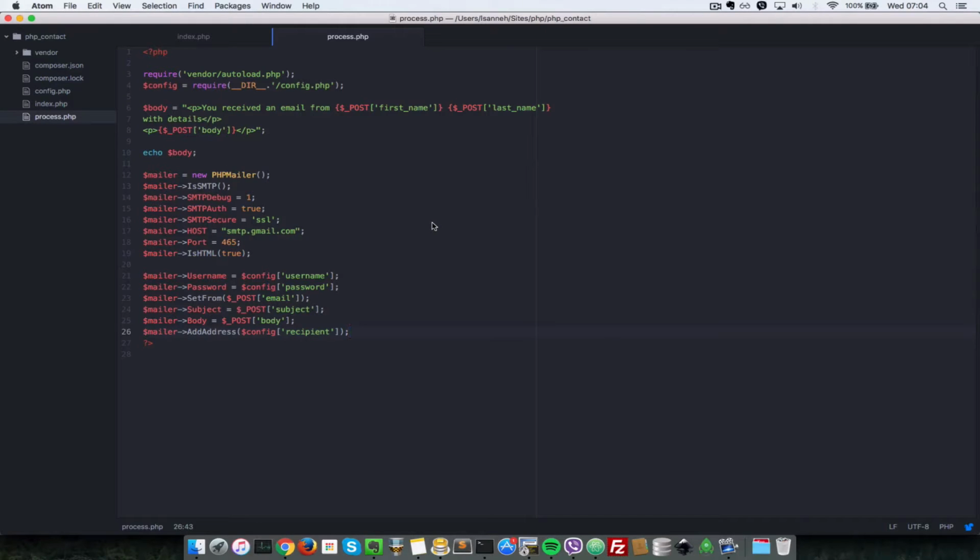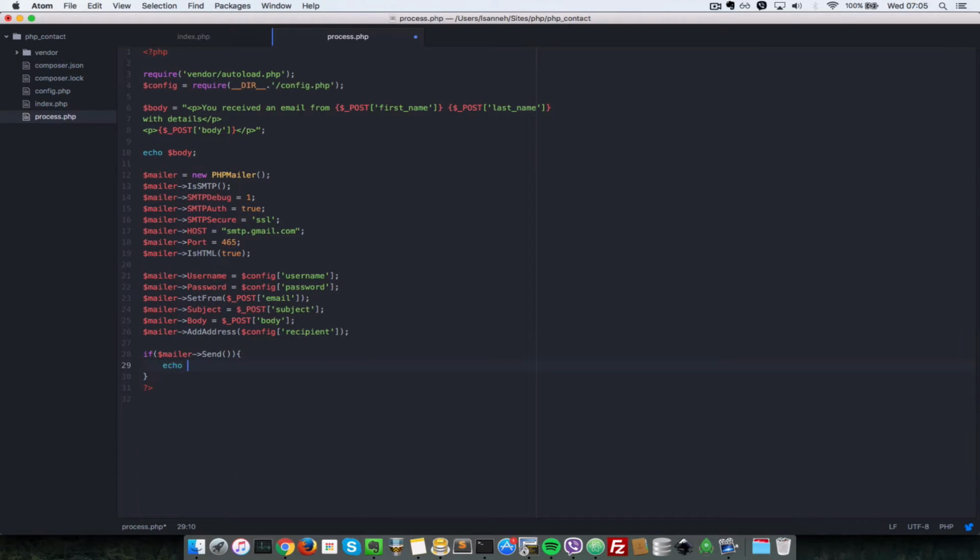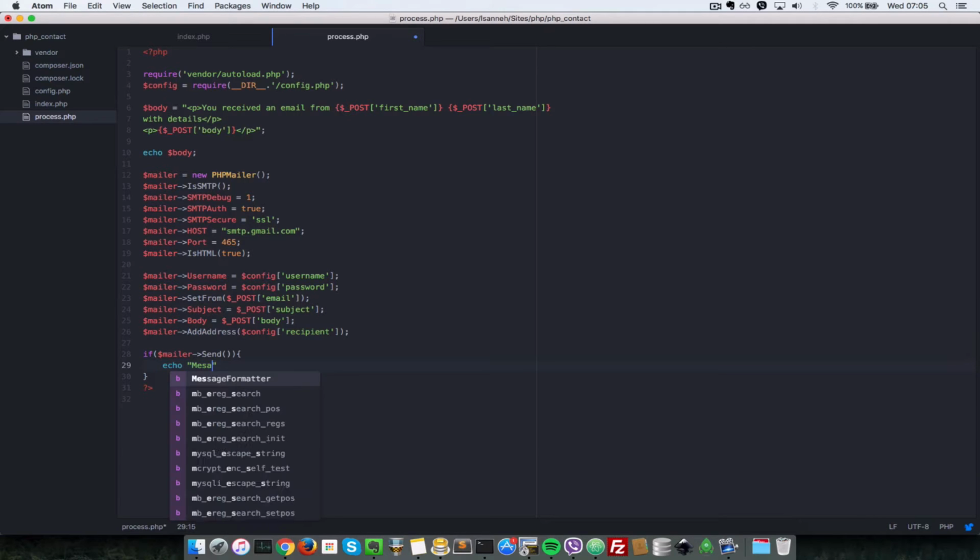Okay, so now that we've verified that everything has been set up for PHP mailer, let's actually send our email and test that it works. So I'm going to do if mailer send. You call the send method on the mailer object here, PHP mailer object that is, and if the message has been sent, we're just going to do an echo statement saying message